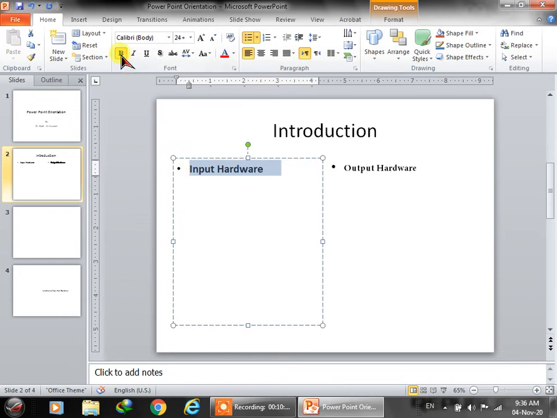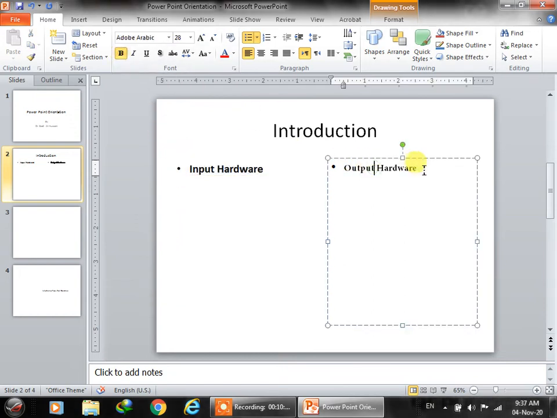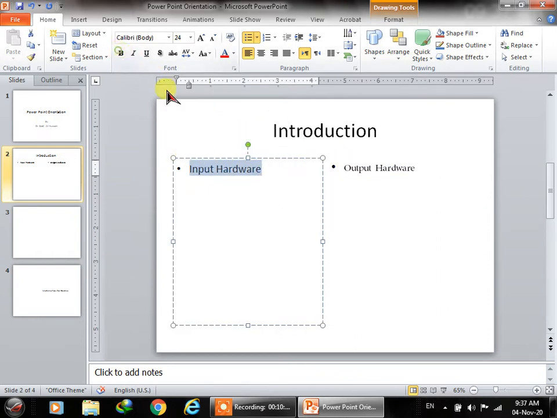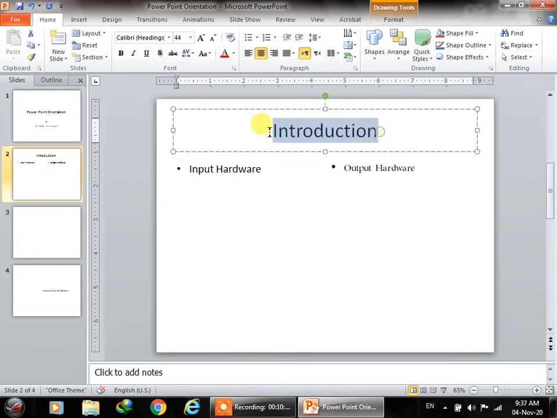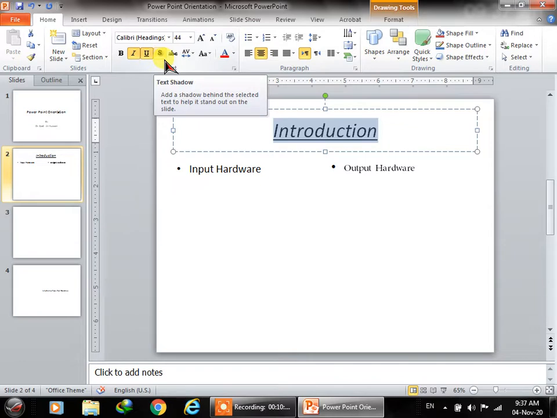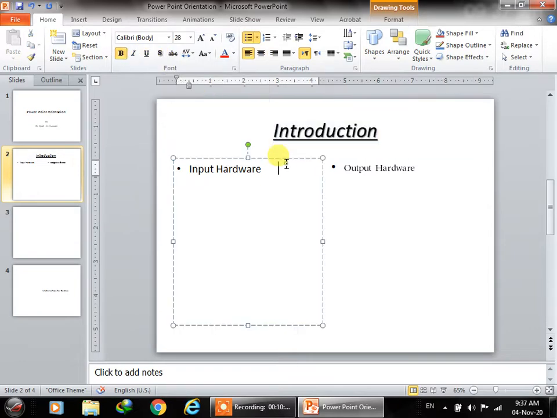Now see what will happen to bold and unbold. I is for italic. So introduction is now in italic. This is for underline, and this is for text shadow.